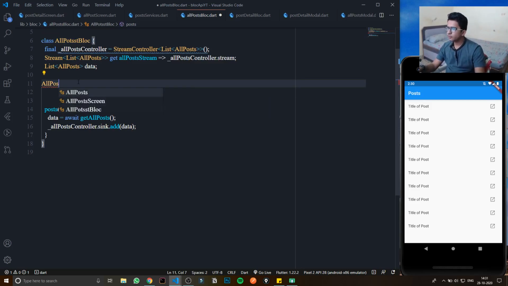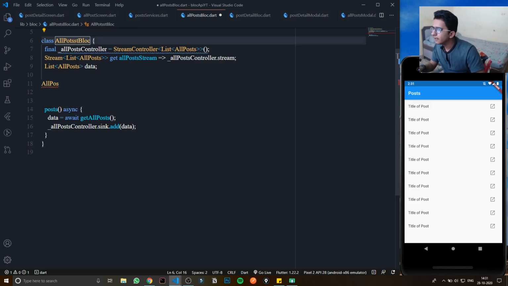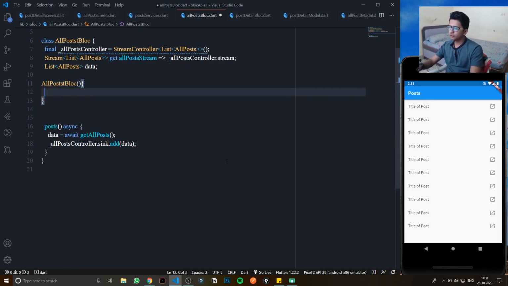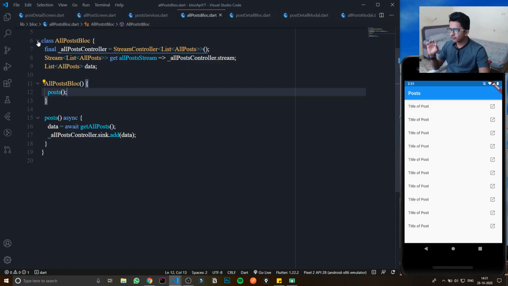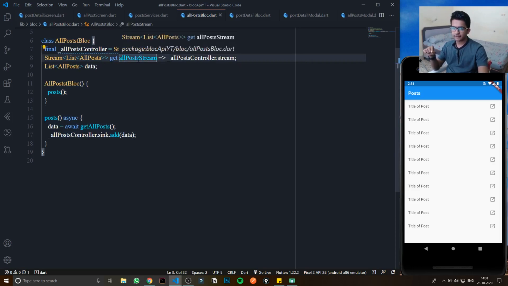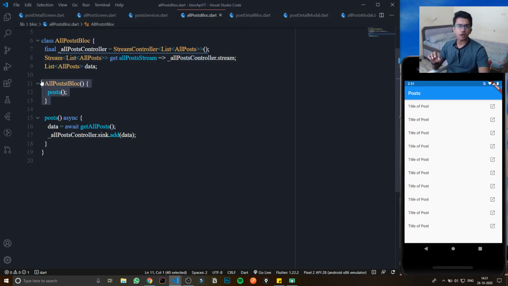This is a constructor in which we can use posts. Whenever I'm using anything from this class, in this case this stream, this will automatically be called, and we will get the data. Great, I think this is it, right?